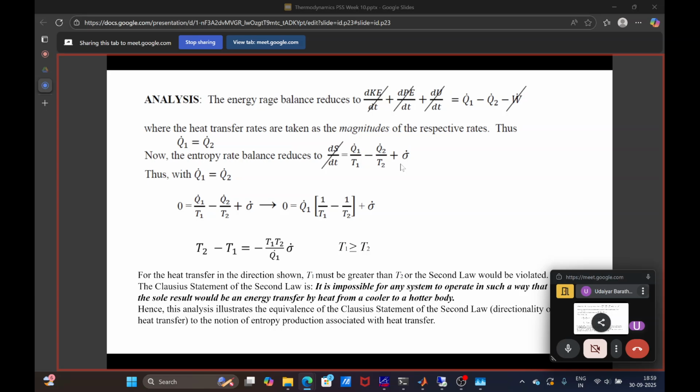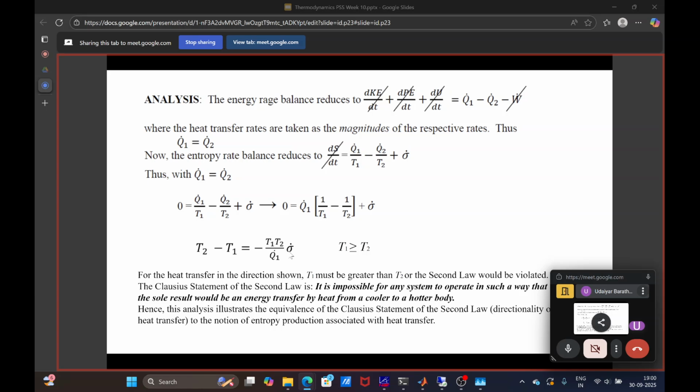So rearranging this, what we get is, because Q1 is Q2, Q1 times (1 by T1 minus 1 by T2) plus sigma should be equal to 0. So taking the difference and rewriting the expression, we get T2 minus T1 to be minus T1 T2 by Q